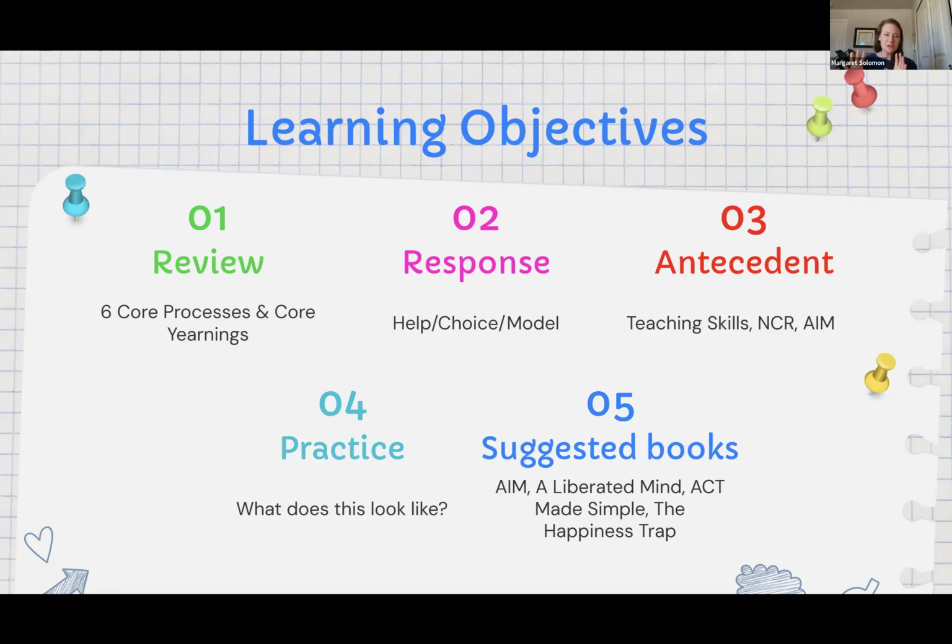So a little backwards chain. Then we're going to talk about the antecedents. What does it look like to teach these skills? How do we use non-contingent reinforcement? How do we use Mark Dixon's curriculum of AIM? And what does this look like in practice? So really, we're just going to review some of my data. It's important to look at the data to see what's going on. And then I'm going to end with